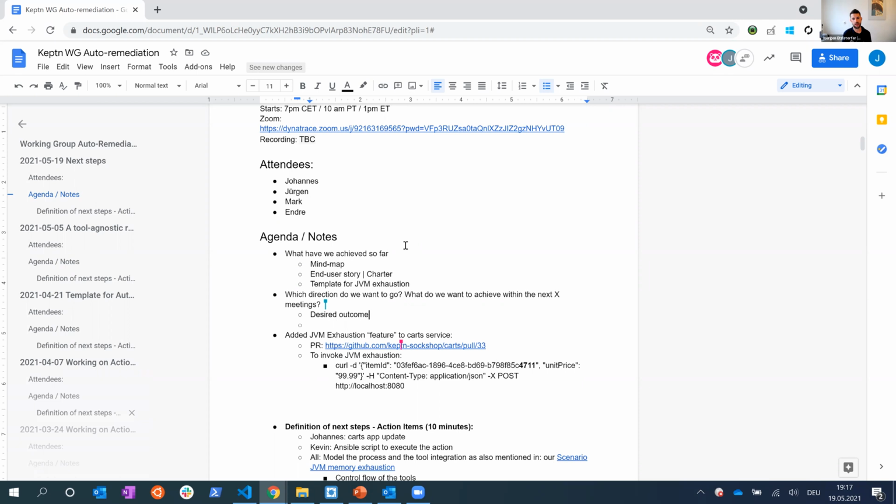So for me, the most interesting discussions, what I really liked, were around the mind map, to do brainstorming, open up all the different possibilities, all the things that are involved in auto-remediation, to find out, okay, what are, let's say, organizational boundaries, what are the technical issues which are more related to the infrastructure side, what are the parts that one application actually has to provide to be able to be auto-remediated. Maybe not each application can be auto-remediated. What are the